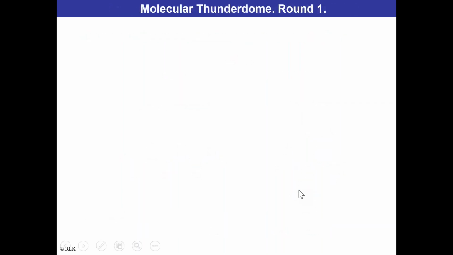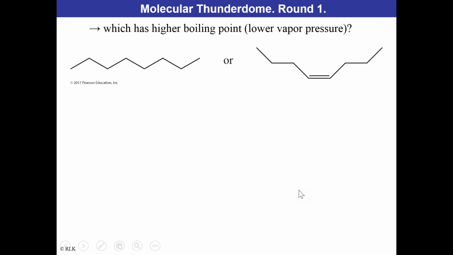And as you know, those are structural isomers. Okay, so let's compare then several different molecules. I call it the molecular thunderdome, and this is round one we're going to do. So obviously we're going to do more rounds. Which has the higher boiling point or lower vapor pressure between these two